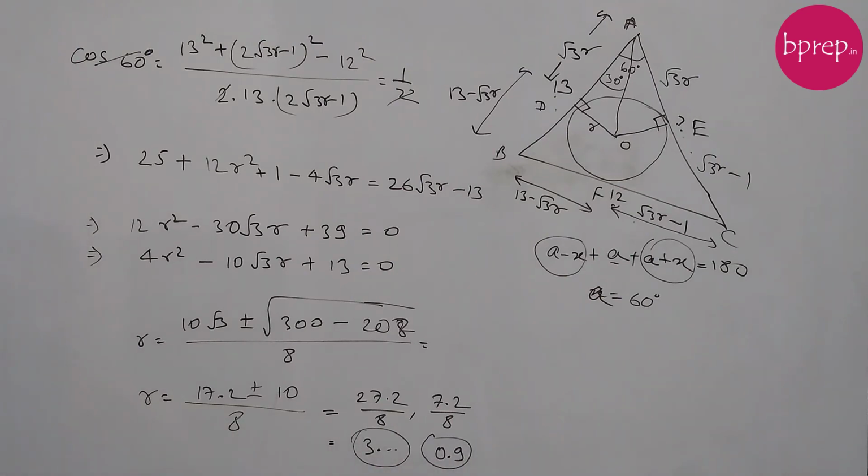In the options, the closest match is 0.9, where it is given that the option we have is 1 as the answer. So I'll say this question is a bit ambiguous. It should have been mentioned in the problem that the approximate value of r, or the closest value of r, is required, but that is not given. So for this purpose, if you are solving this, we can consider 0.9 or 1 as the answer.